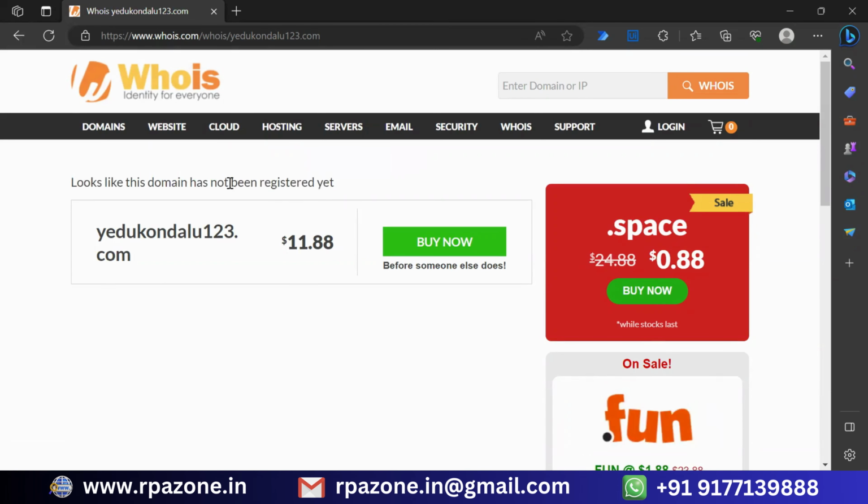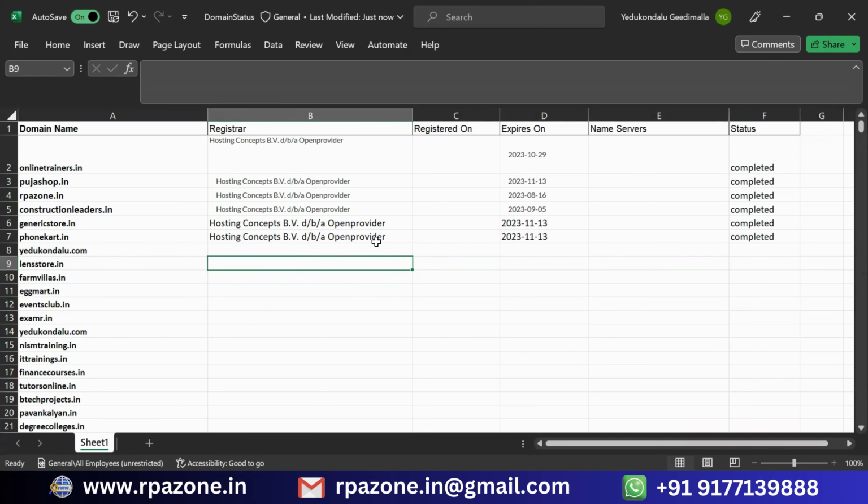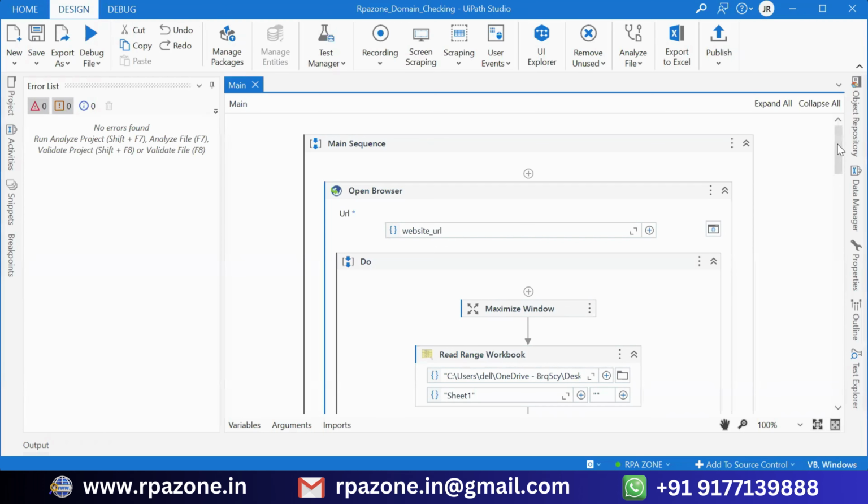Okay, what if they have given wrong domains in that? At that time, how is the bot handling it? For that, we can try catch. Yes, that's what we are going to do. Let's see. In many cases we can use try catch, but if you are not aware of try catch, we can use the element exist and if condition also. If the domain is not there, within the time only,